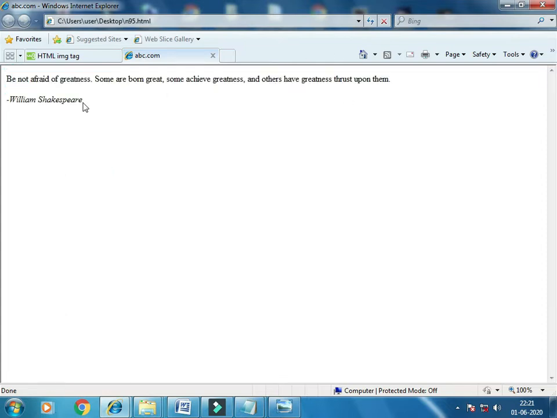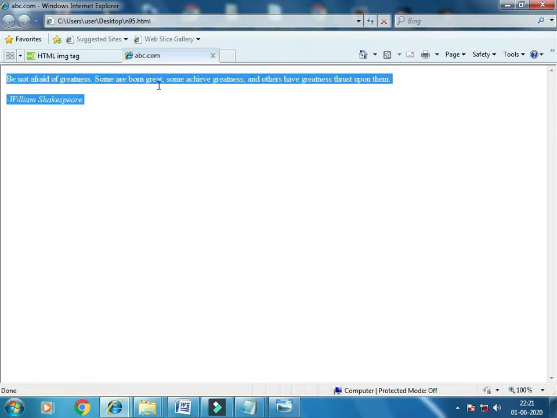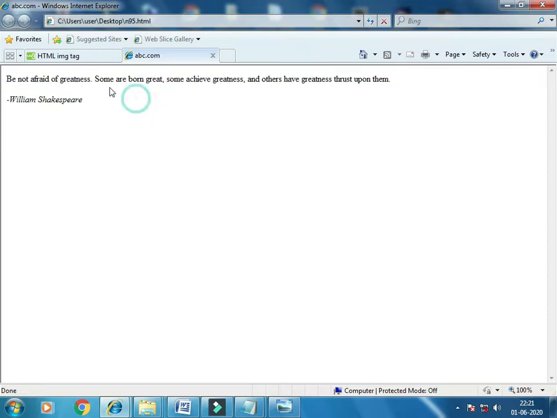This is the output. But look, the poem should not be like that. So we have to use the break tag to separate the lines.